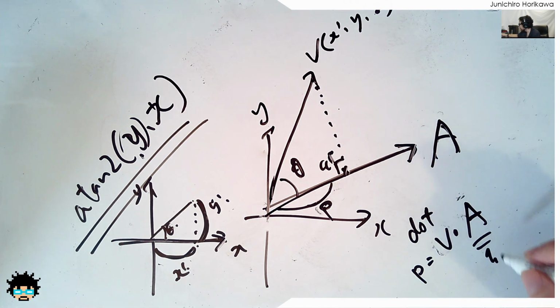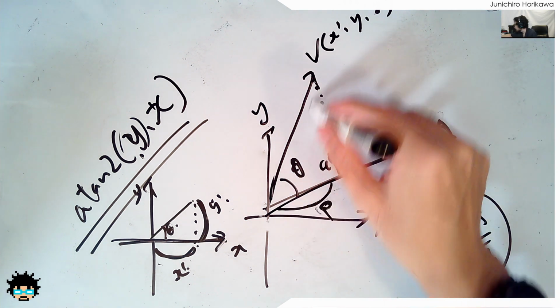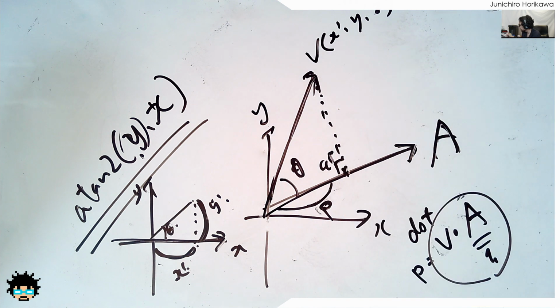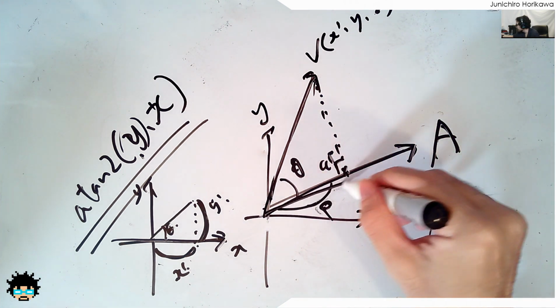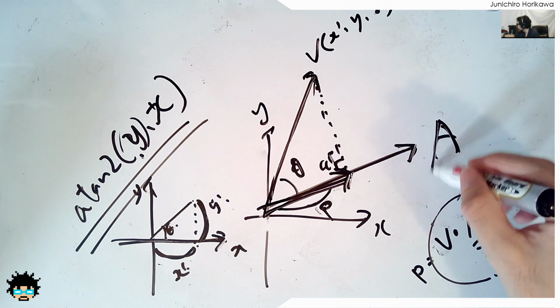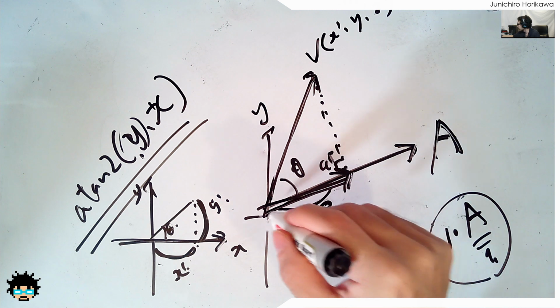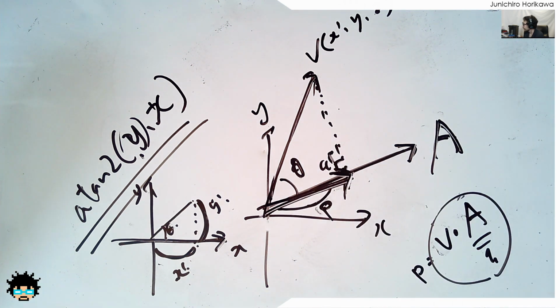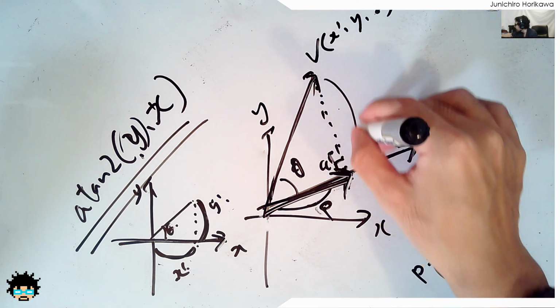As a result, what you get is the projected length of this vector B. And if you have this P information, you'll be able to create this vector as well. You just need to multiply the normalized vector A with P, and you'll be able to create this vector. And if you have those two vectors, you'll be able to estimate the length of this height as well,